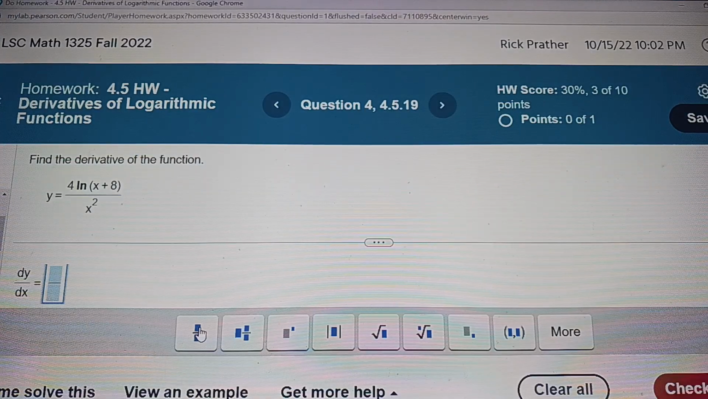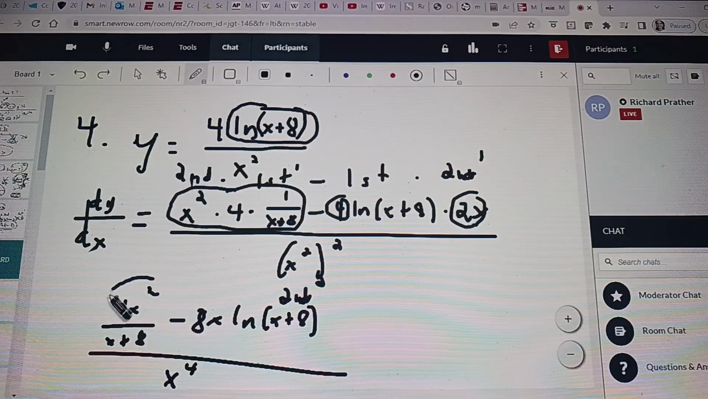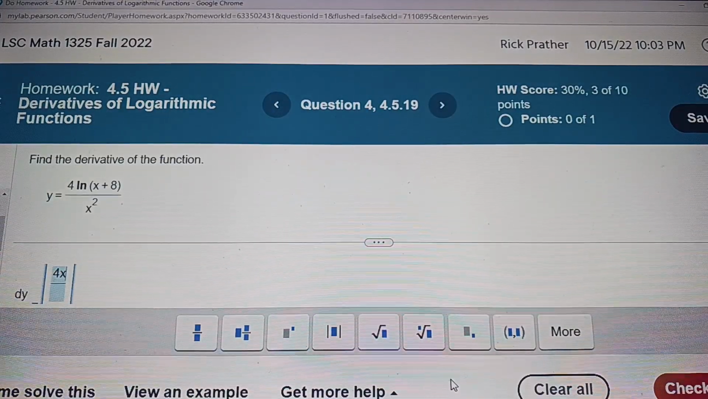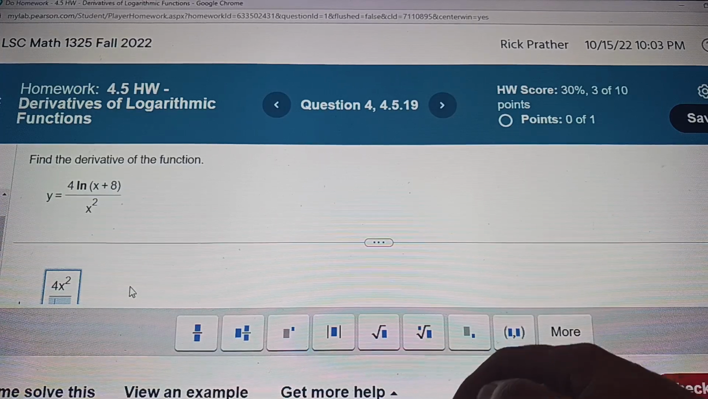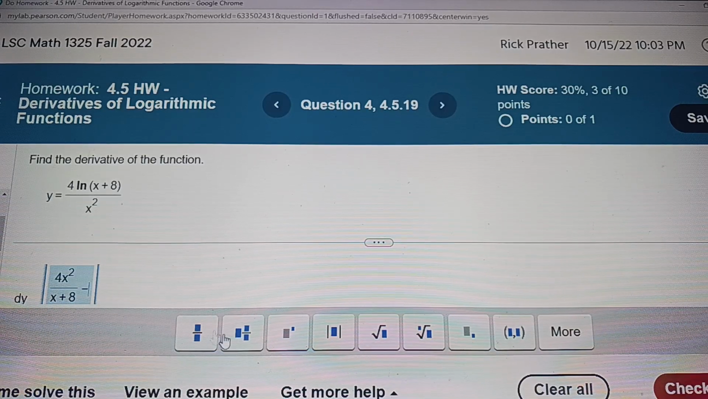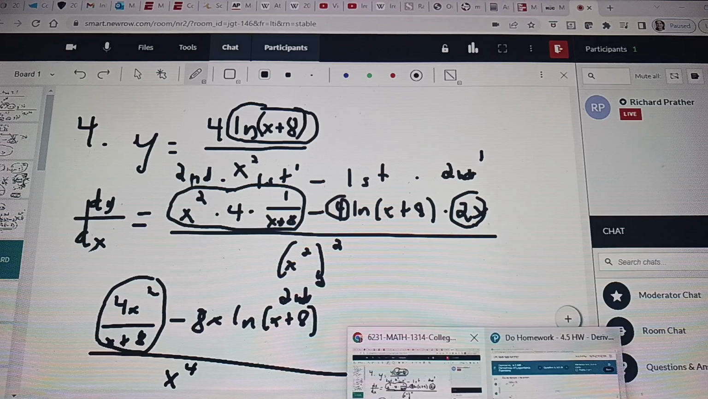So they usually don't like fractions inside of fractions, so I have to put a separate fraction here in the top. The top of the fraction having another fraction is usually frowned upon. So 4x squared over, just in that over box, x plus 8, minus 4x squared over x plus 8 minus 8x